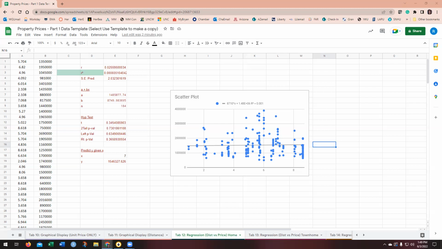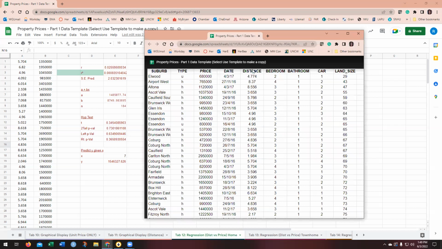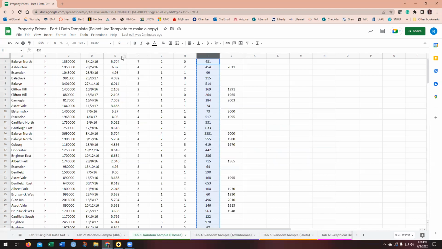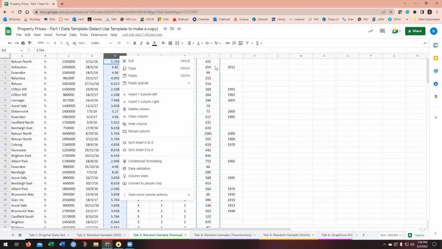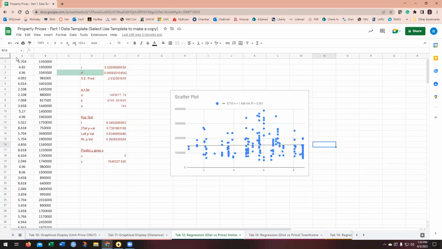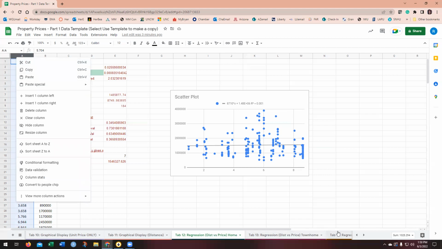So first, it's asked us to copy the distance column. And if you don't remember this, I'm going to pull this here. Here's our distance column. We are going to move that from tab 3. Here's our distance column. It's an E on mine. You've probably gotten rid of all the labels at top to do previous analysis. So just know that this is your distance column. It's going to have some decimal points. So copy that and then go over. It says to tab 12. And then you're going to paste it in right here. And I've already done so. So you'll just right click and paste. And so then we're going to go back